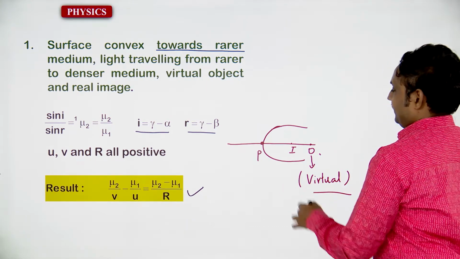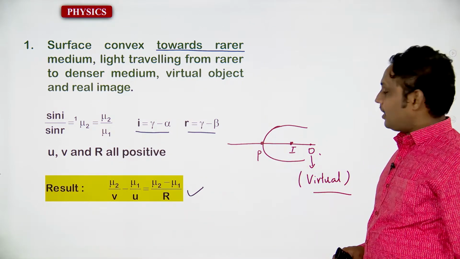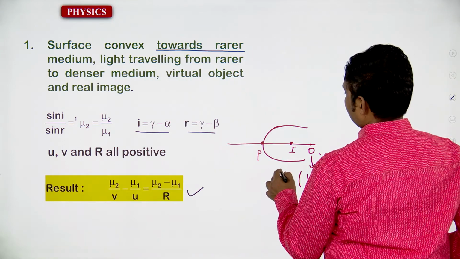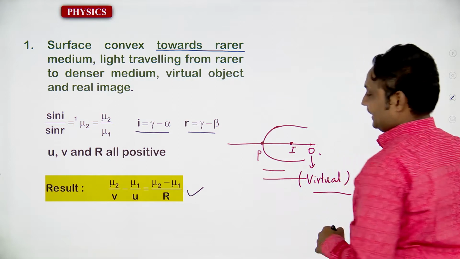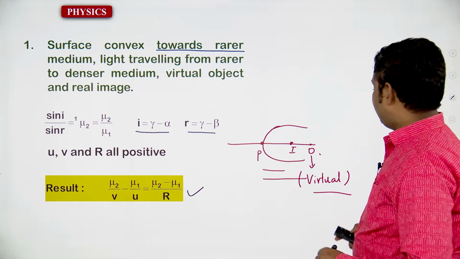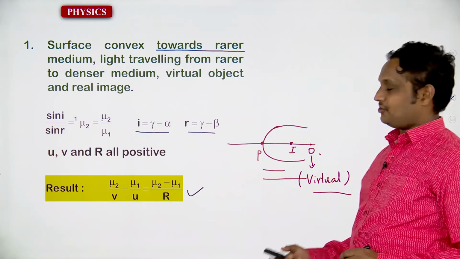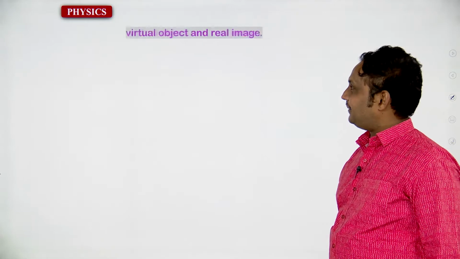All right, it's very clear. So the image is going to be real. Now you are going to have the measurements, all of them positive, just you have to get this. Yes, you can take that. While solving the problems, it is very useful to consider the sign convention also. All right. Okay, let's go for the next one.